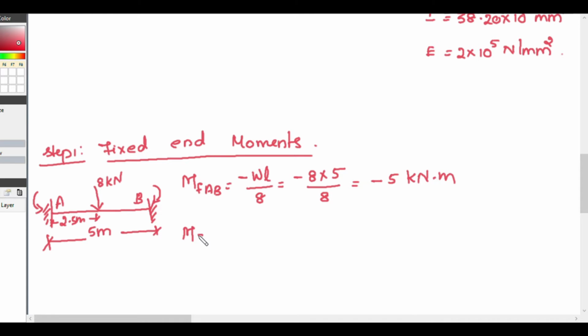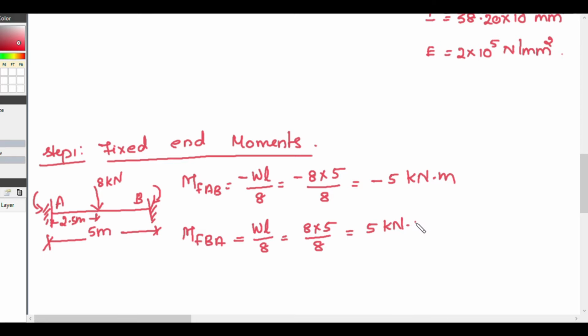Similarly, our MFBA will be equal to plus WL by 8, we get 8 into 5 by 8, that is equal to plus